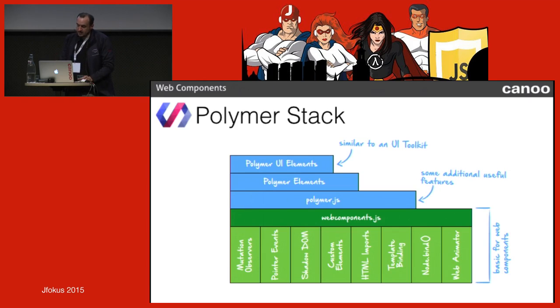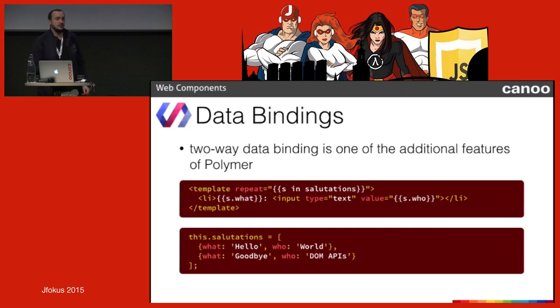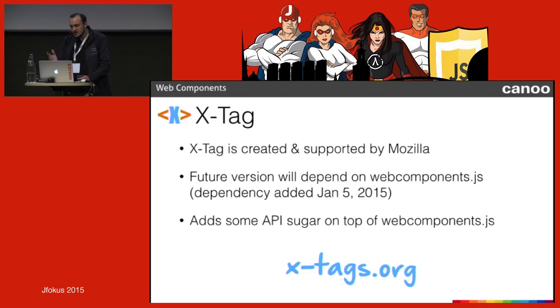One of the core new functions that Polymer JS adds to Web Components JS is data binding. By using Polymer, you can use data binding in your web components, which is not part of the standard. On the other hand, X-Tag is created by Mozilla, and